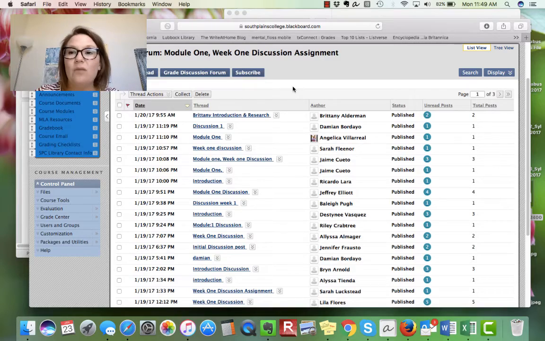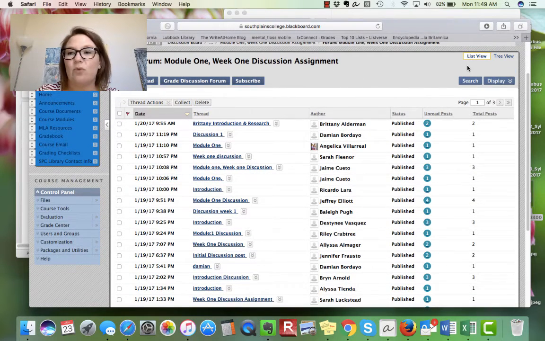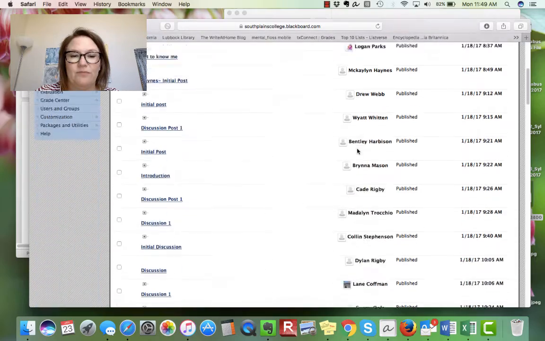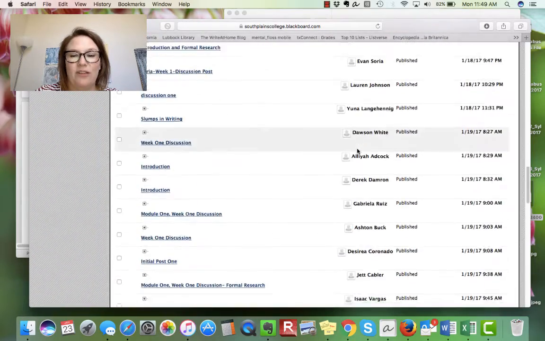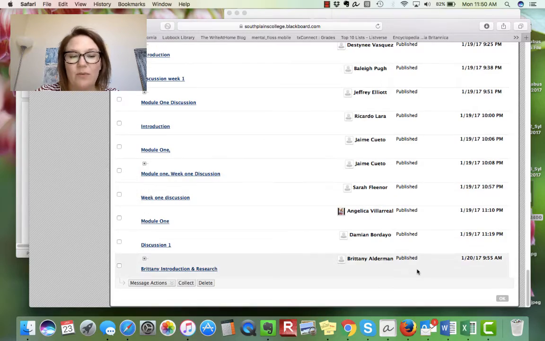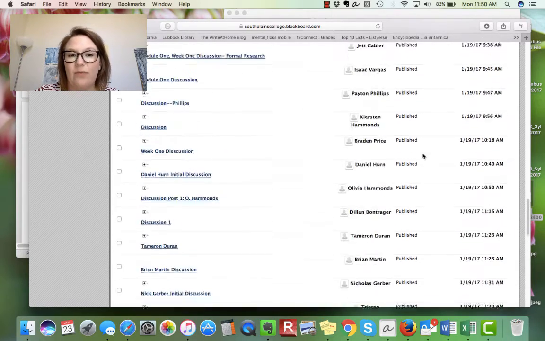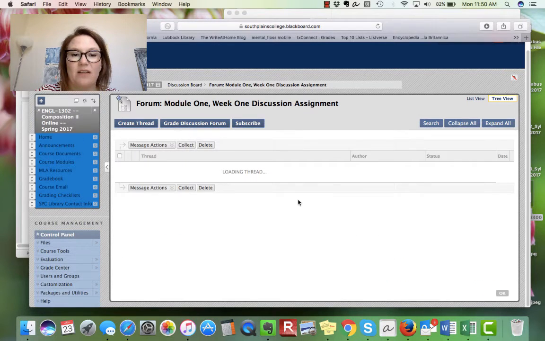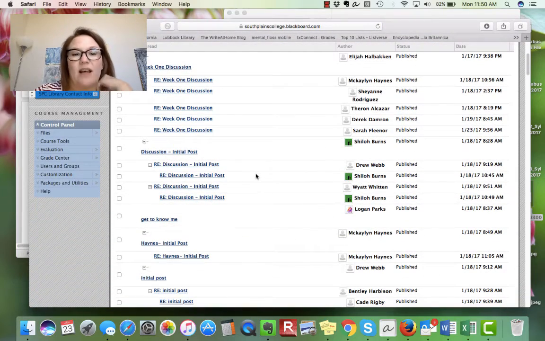So what I would suggest you do when you open the discussion board, instead of list view, which is what we have here, I would do tree view. Now, if we scroll to the bottom, it takes just a second to load. It's not loaded all the way. If we scroll to the bottom, we can see all of the threads just a little bit easier. We can also click here to expand. And if we click expand all, yeah,